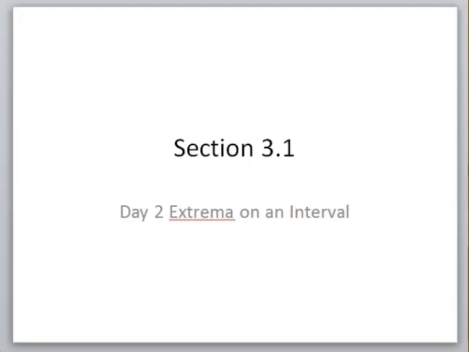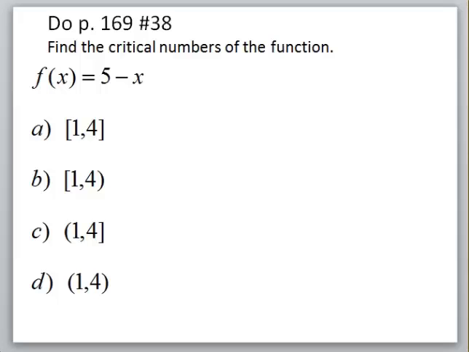Okay, today I'm just going to do a few more examples of some different scenarios that can happen. We are going to be using our graphing calculator today. Find the critical numbers of the function. Well, on this one, what we're asked to do is just what we were doing the other day, which is